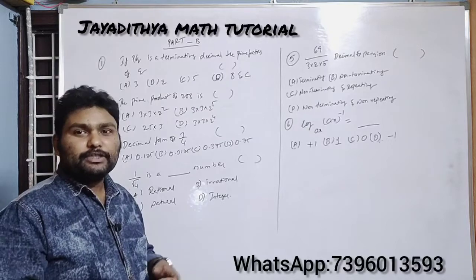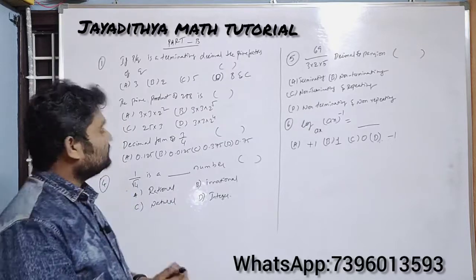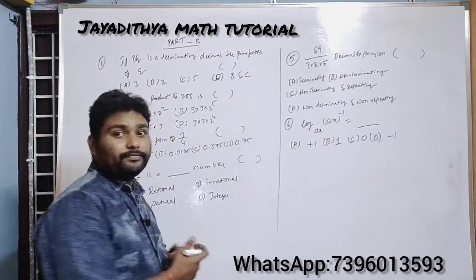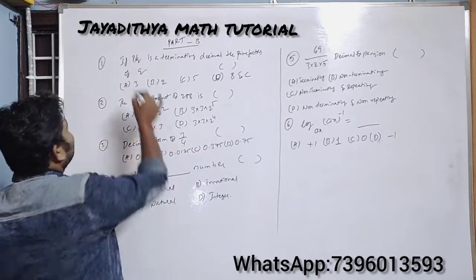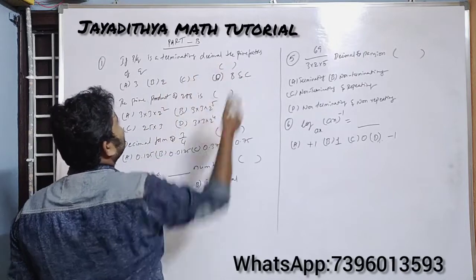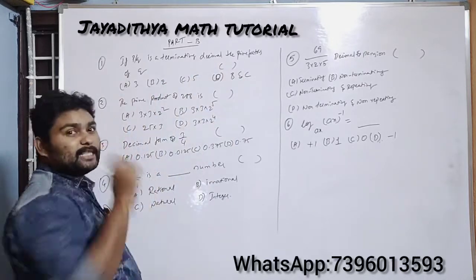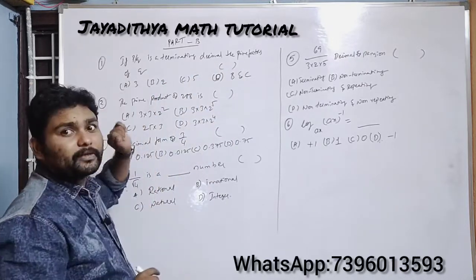So in the part B, each question carries half mark. You have total 6 questions. So total it consists of 3 marks here. So some questions are simple, just by looking at them you can solve it. So see here, if p by q is terminating decimal, then the prime factors of q you should identify here.